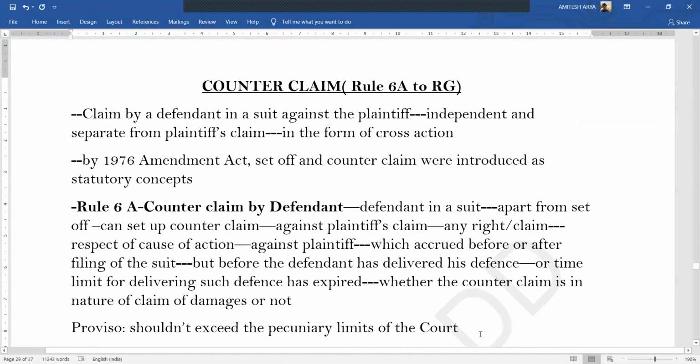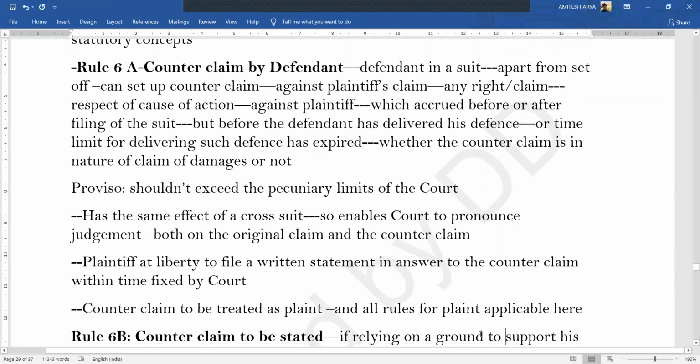Now here, what is a counterclaim? It is also again a claim by the defendant against the plaintiff, but it is independent and separate from the plaintiff's claim. It is in the form of a cross action. This concept of counterclaim and set off was introduced by the 1976 Amendment Act. Now Rule 6A under Order 8 is talking about what we mean by counterclaim. A defendant in a suit, apart from set off,